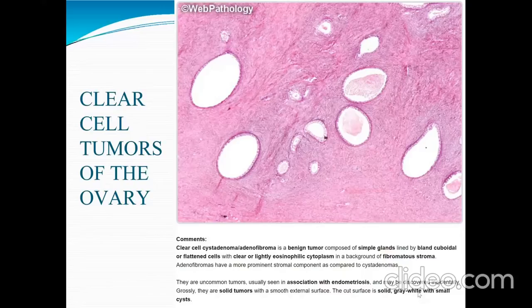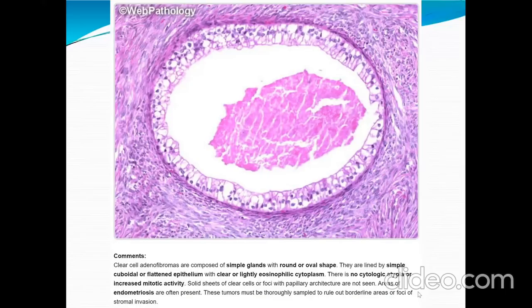Grossly, they are solid tumors with a smooth external surface. The cut surface is solid, gray-white with small cysts. Clear cell adenofibroma, and we have already discussed that they are composed of simple glands with round or oval shape. They are lined by simple cuboidal or flattened epithelium, as we can see here, with clear or lightly eosinophilic cytoplasm. In this photo, we are seeing